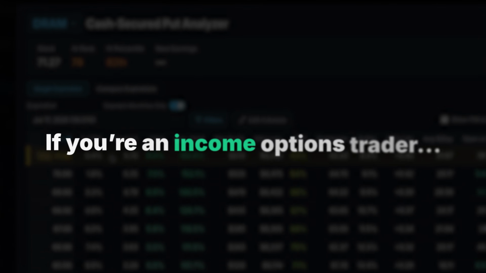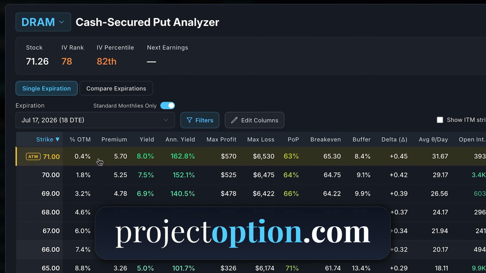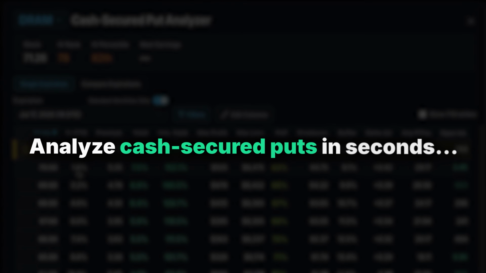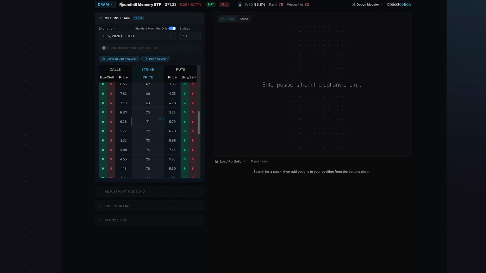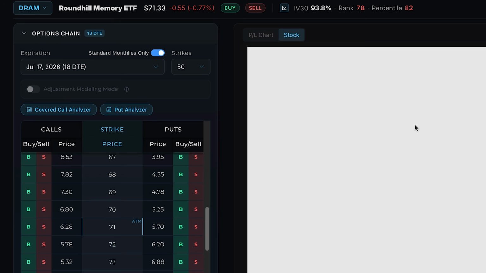If you're an income-oriented options trader, this tool that I built on projectoption.com makes it extremely easy to analyze cash-secured puts and covered calls in seconds. As an example, let's look at the Round Hill Memory ETF, which I think is a great candidate for cash-secured puts or the wheel strategy right now because the option premiums are so juicy and the ETF is in a